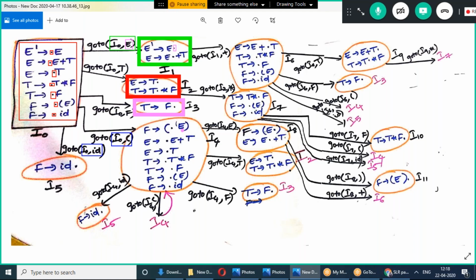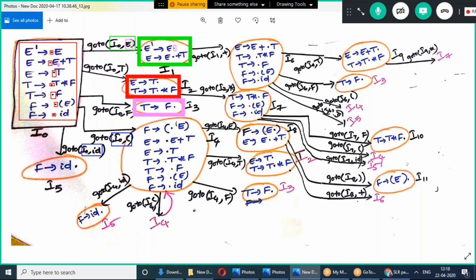Whenever a non-terminal occurs after dot, we should write the productions of that particular non-terminal which are in the I naught. So here E is the non-terminal we got after dot. So we should write the E productions. What are the E productions here? See here.